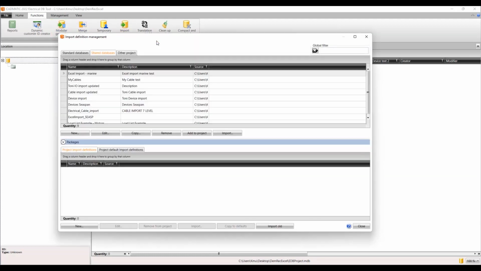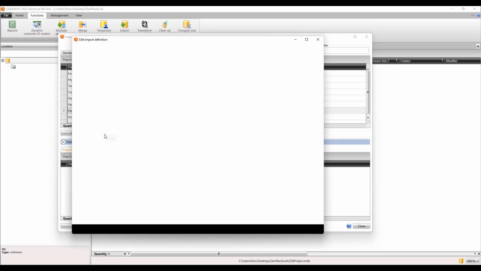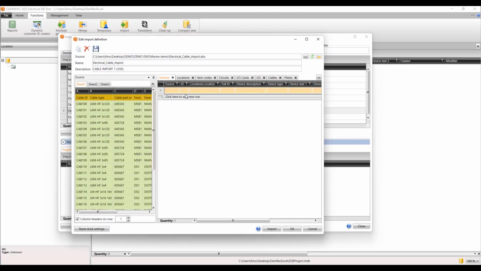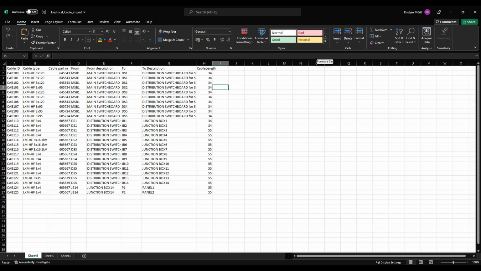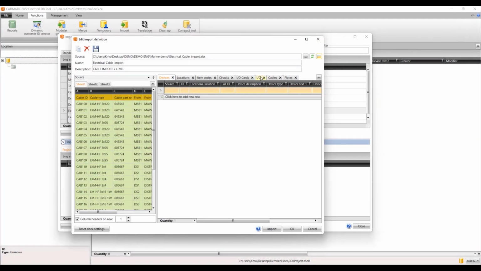And now I will import information that I have in Excel. I have already previously mapped one Excel file here, and let's have a look what the Excel file contains. It contains a cable list, cable schedule that has cable ID, cable type, the head and tail information, the description information, where it comes and where it goes. Also the cable length,